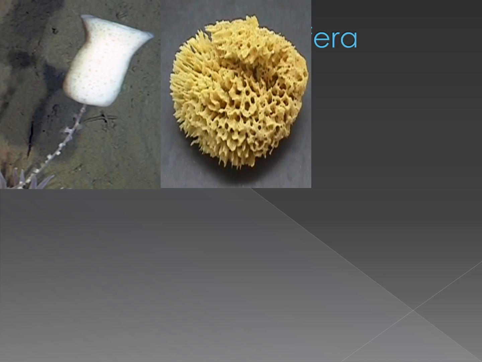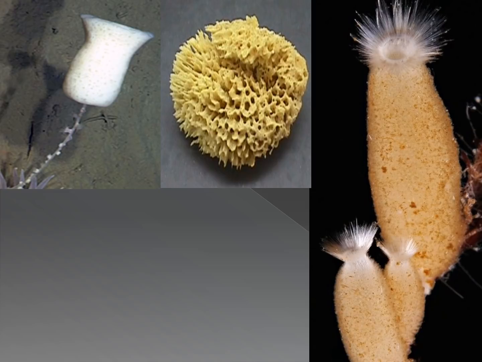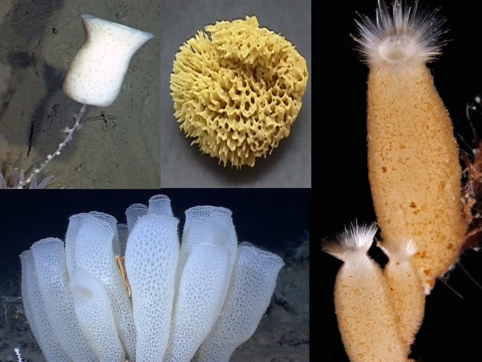Euspongia, that is a bath sponge. Now in the earlier days this was a sponge which was used for bathing. Because of its spongy nature, it was able to hold on to a lot of water, and it was also used as a wetting material, especially by people whose job was counting currency notes. So to make sure that the hands are wet so that it becomes simple to count currency, this was normally used. We have Scypha and we have Euplectella. So these are the examples of sponges which are included in the phylum Porifera.